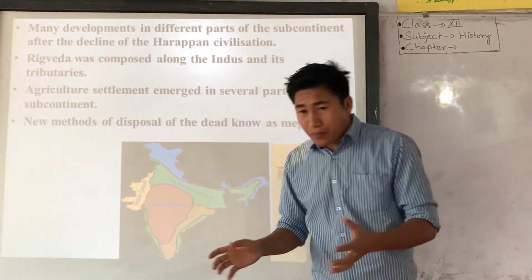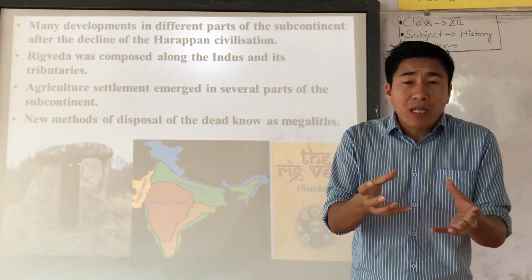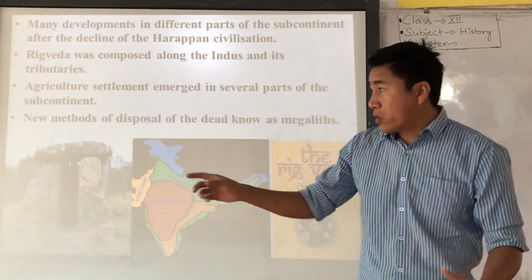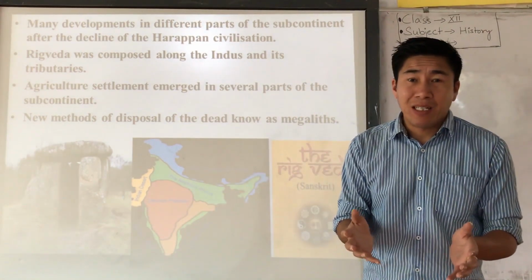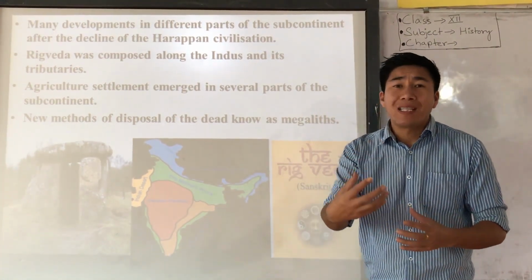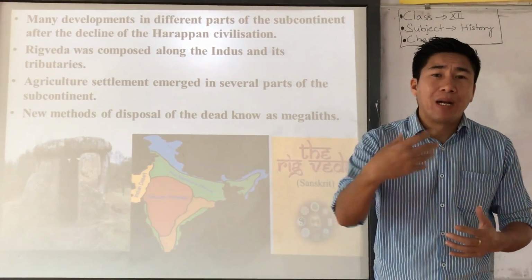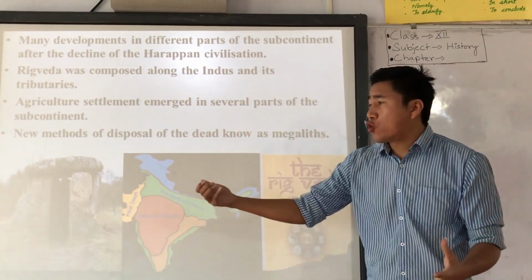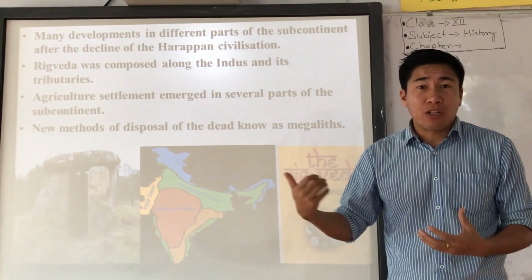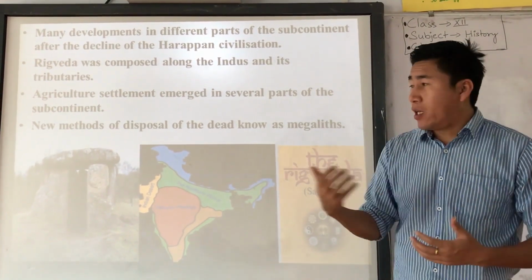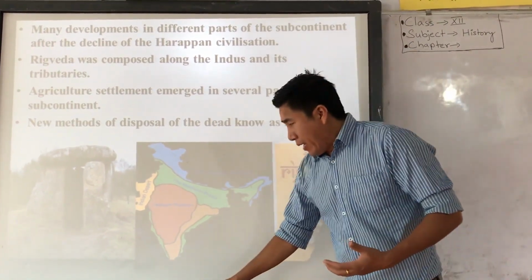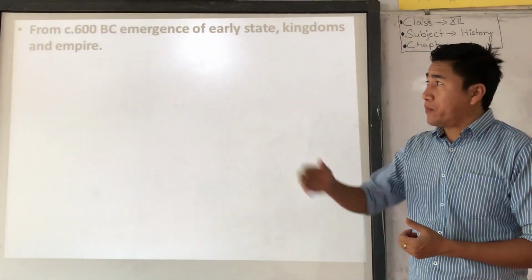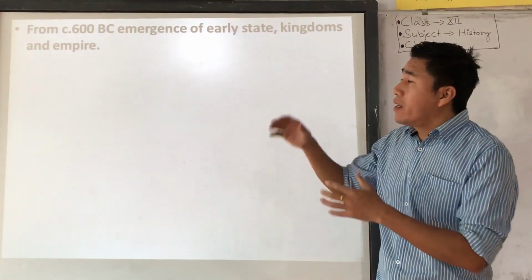Now what is a megalith? I would call it an elaborate stone structure built over a dead body. So look here, it's a kind of megalithic structure. On the whole, you can say a megalith is a new way of burying the dead by making these elaborate stone structures. In English, we call this a tomb. Understood? Okay.